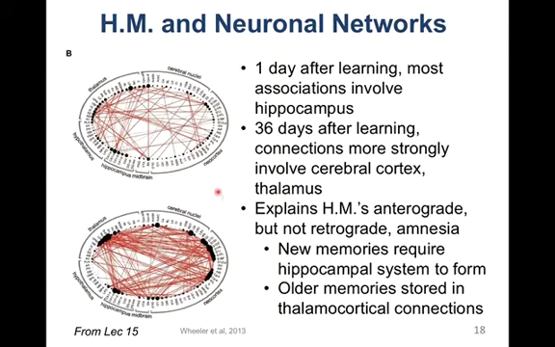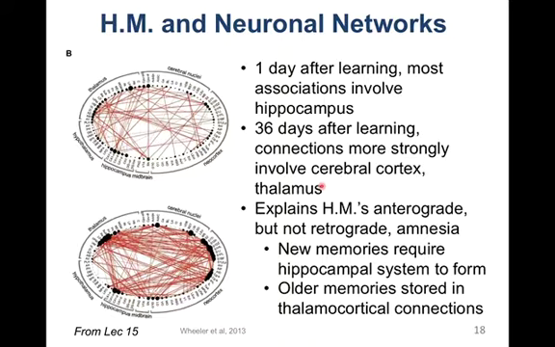Okay, and then we saw this slide also previously. I just pulled it from an earlier lecture, and we were talking about this in the context of fear learning in mice, or fear conditioning. In the short term, after learning, within a day, most of the associations involve the hippocampus. But in the days after learning, it's no longer the hippocampus. It's the cerebral cortex and the thalamus, the entorhinal cortex, acting as a bridge between the hippocampus and these higher